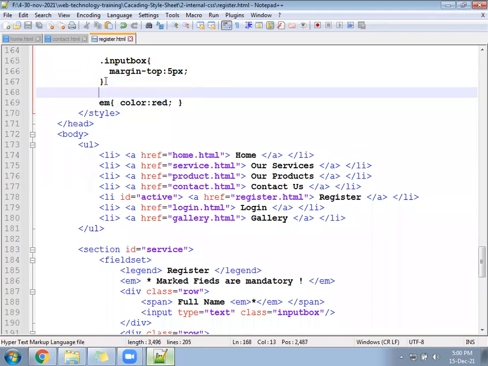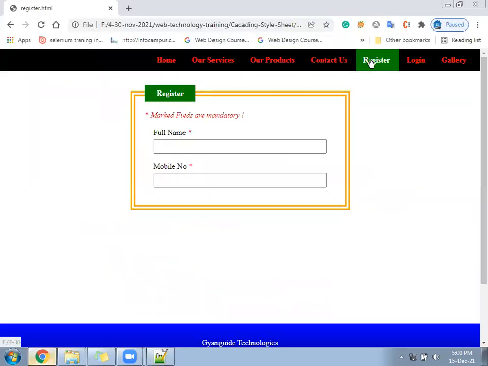So the star also will come in red color, and the message you marked on the top will also come in red color. Clear? Red color is coming.